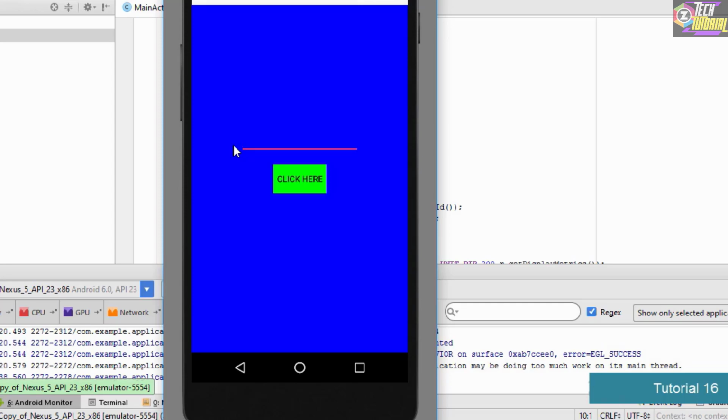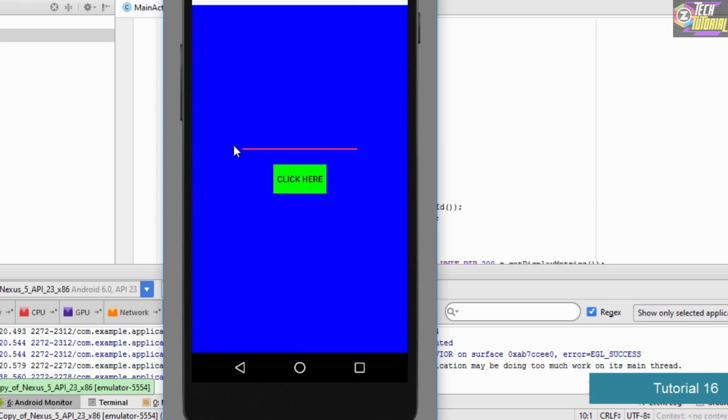Now we will also understand the basic intention of converting the density independent pixels to pixels. Basically, the setWidth method, which we have used in this tutorial, is going to accept only pixel values. The problem with using pixel values is that your application layout is going to change from device to device, because different devices have a different number of pixels on their screen. In order to avoid that issue, we have used density independent pixels, which are also called DIPs.